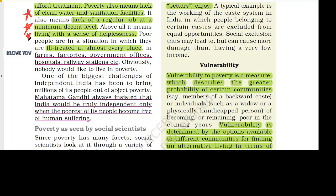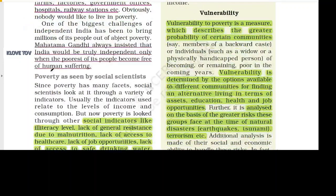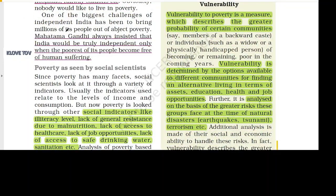Poor people are in a situation in which they are ill treated at almost every place, in farms, factories, government offices, hospitals, railway stations, etc. Obviously, nobody would like to live in poverty. One of the biggest challenges of independent India has been to bring millions of its people out of abject poverty. Mahatma Gandhi always insisted that India would be truly independent only when the poorest of its people become free of